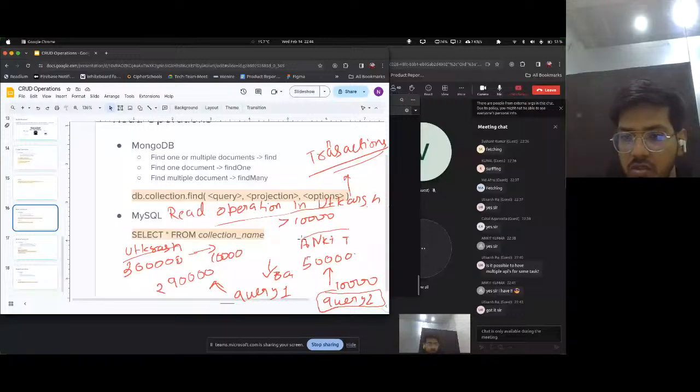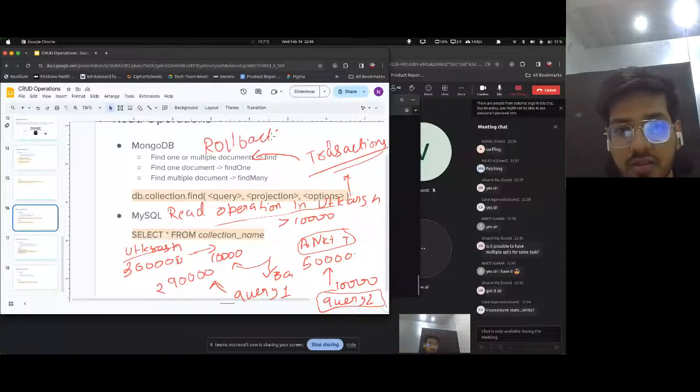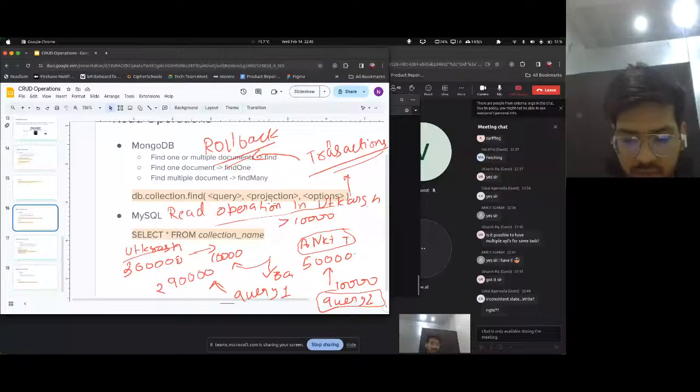सो व्हाट्स द केस, डू यू गेट एन आइडिया कि क्या हुआ यहाँ पे? उत्कर्ष के अकाउंट से 10,000 रुपए डिडक्ट हो भी गए, बट अंकित के अकाउंट पे आए भी नहीं। दिस इज समथिंग लाइक पहली क्वेरी रन हो गई लेकिन दूसरी क्वेरी फेल हो गई, सो वी हैव टू डील विद दिस सिचुएशन। इस केस में वो 10,000 रुपए वापस ऐड होने चाहिए उत्कर्ष के अकाउंट में, सो वी हैव समथिंग कॉल्ड रोलबैक। अगर कुछ प्रॉब्लम हुई तो उसे रोल बैक करो। So if there is any problem in query 2 or query 3 we have to roll back the phase, so that is called rollback in transactions. देख लो कितना इंपॉर्टेंट है, डेटाबेस के केस में कितनी बड़ी बड़ी बातें हो जाती हैं।